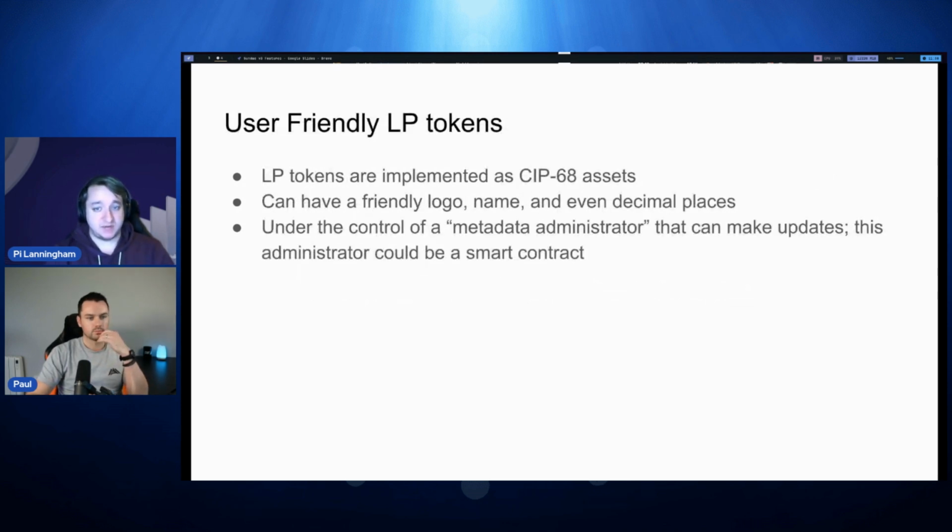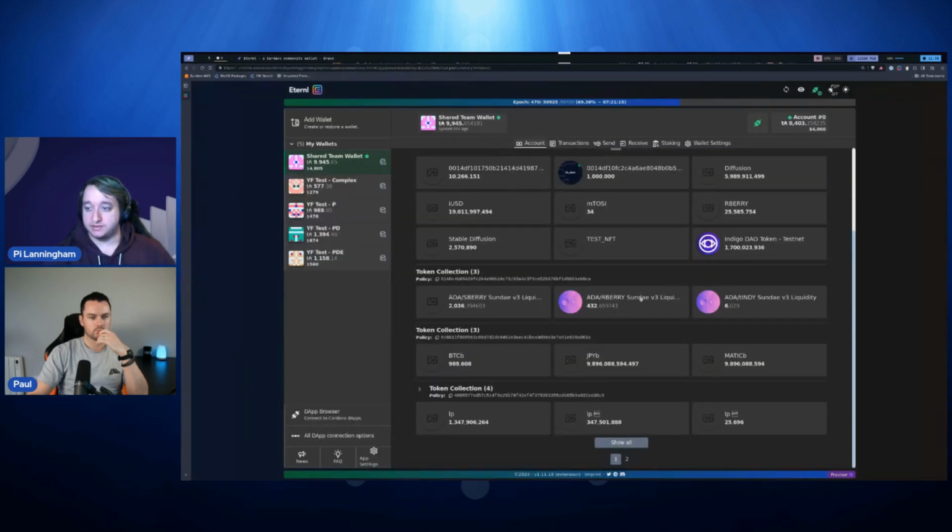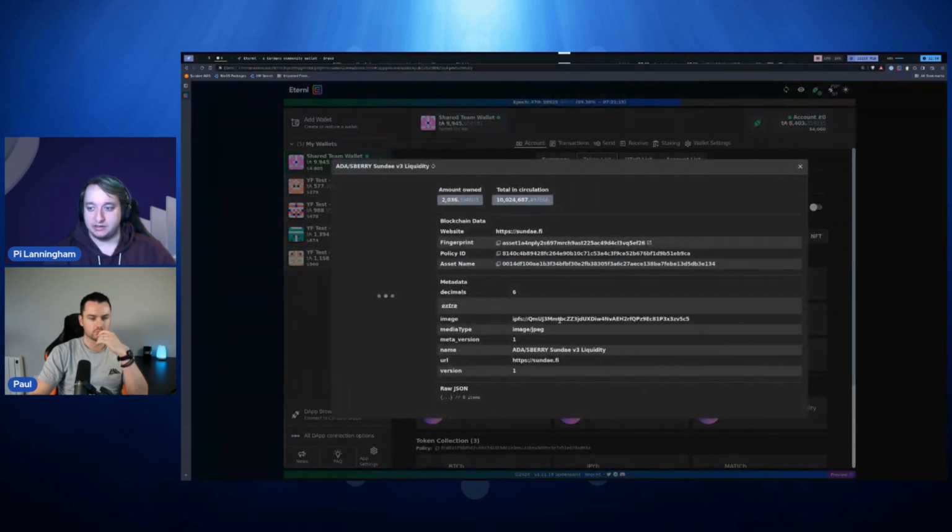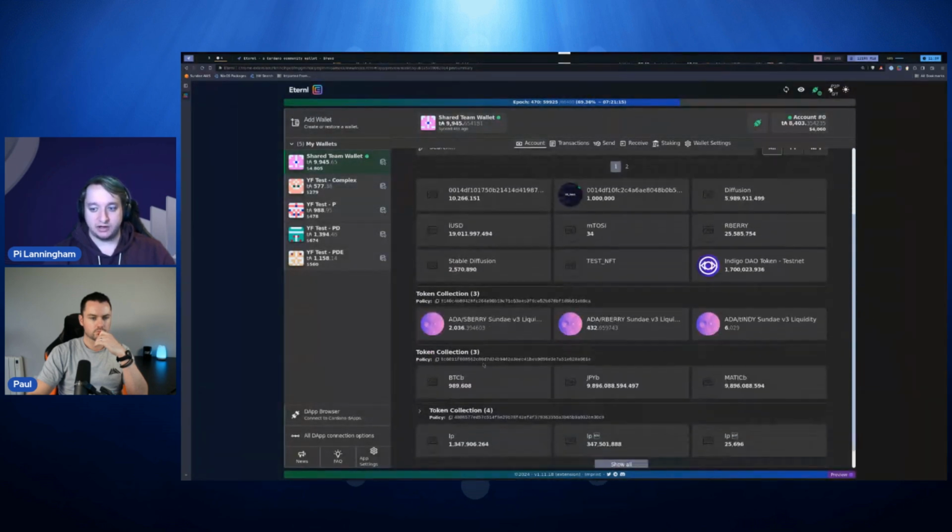Next up, and this is just a small detail, maybe I can open up Eternal and show this feature: LP tokens show up nicely in wallets. They are SIP68 tokens, and the metadata has an image attached and a nice human-friendly name. We've even attached 6 decimal places for this, which tells you roughly the value of this. It's not one for one. This doesn't mean that I have 2,000 ADA worth of